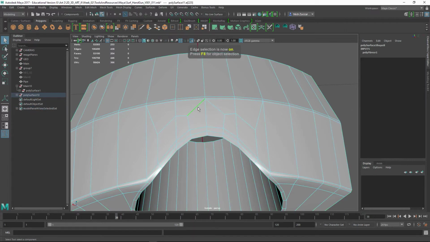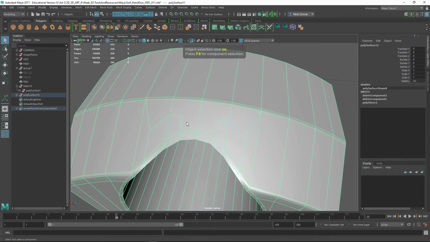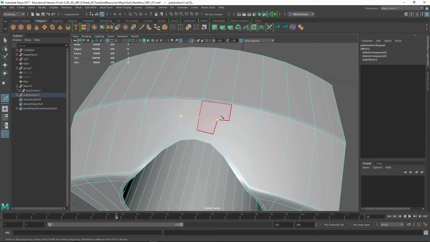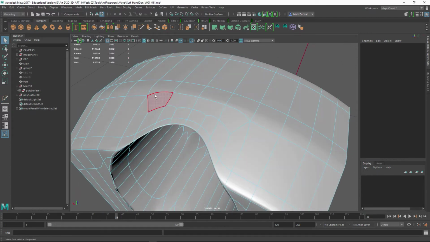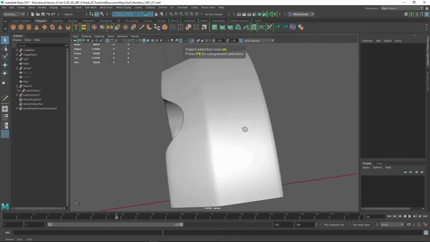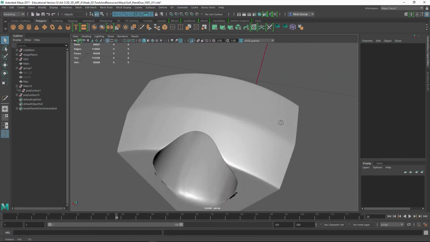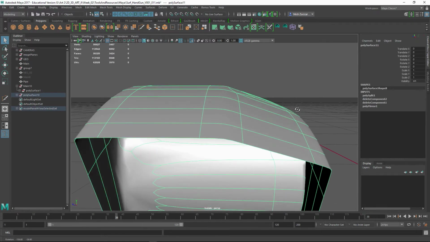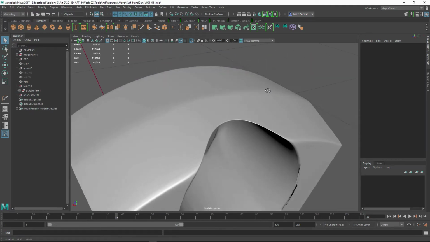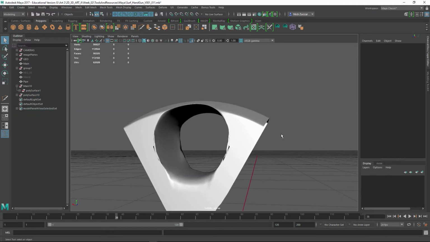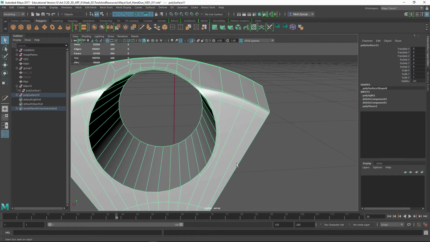So if we get rid of this and this and do a multi-cut tool, let's see what happens if I just tap 3 now. I know we've got an n-gon on there, but I just want to see how it reacts to the surface. It feels like it's got less visual problems by just doing that part right there like that. Okay, so